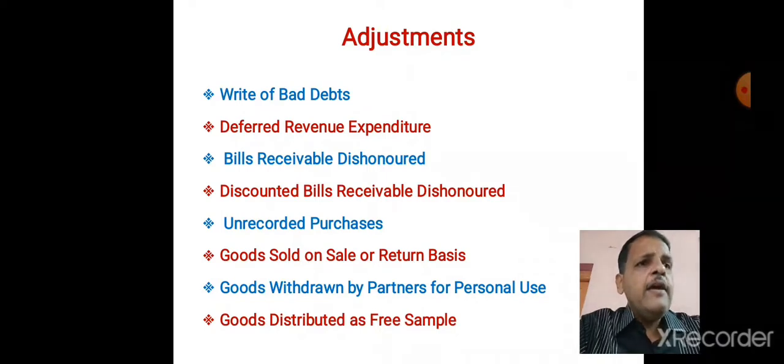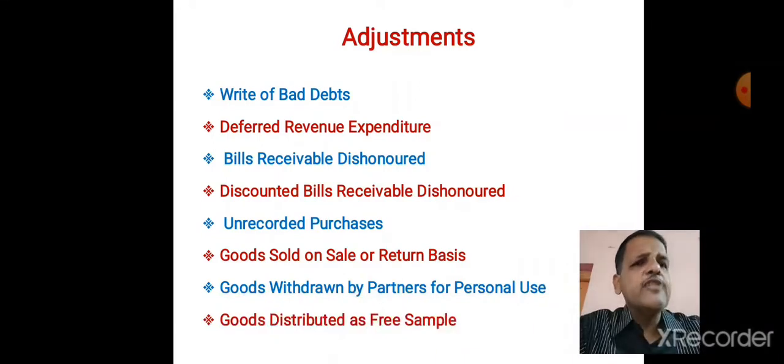Very simple. Unrecorded purchases rupees 20,000. What do we have to do? We have to add 20,000 to purchases on the trading debit side and add 20,000 to creditors on the balance sheet liability side. If they are cash purchases, what do we have to do? We have to add the purchase amount to purchases on the trading account debit side and we have to deduct the amount of purchases from cash or bank balance on the asset side of the balance sheet.